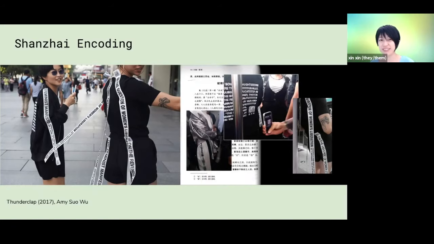for the Off-White pirated clothings. And there's also another similar technique of embedding a QR code. So if you put a phone over the QR code, you can go read the original writing of the writer He Yingzhen. And so this is another interesting way to bypass censorship and bypass the authorities' ability to read what is being inscribed onto the body.